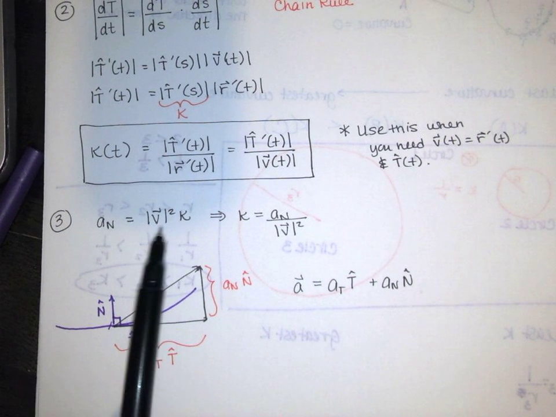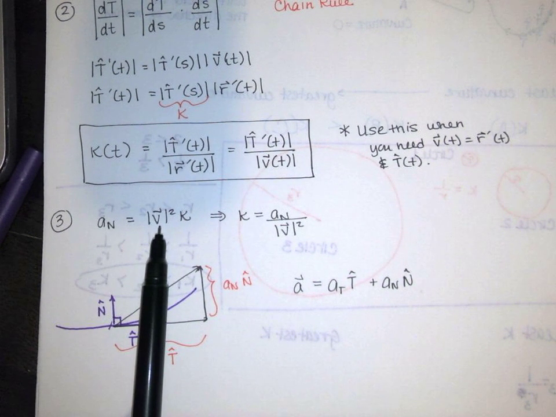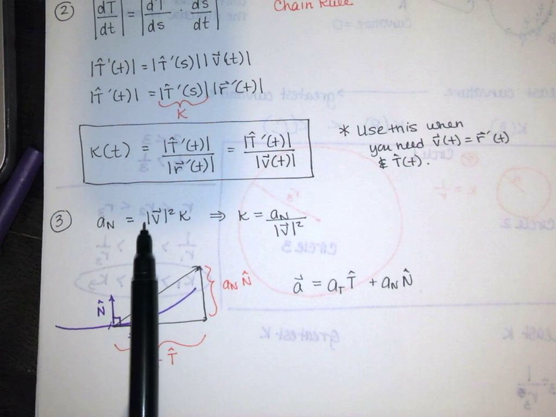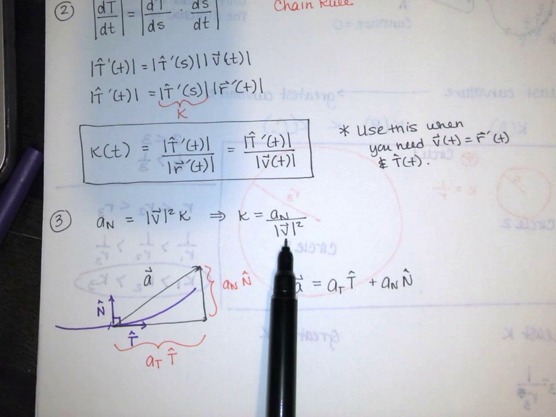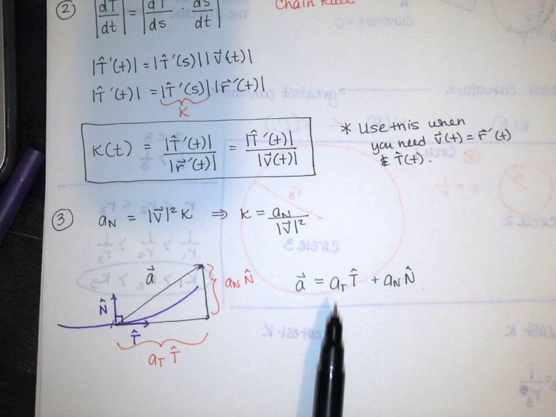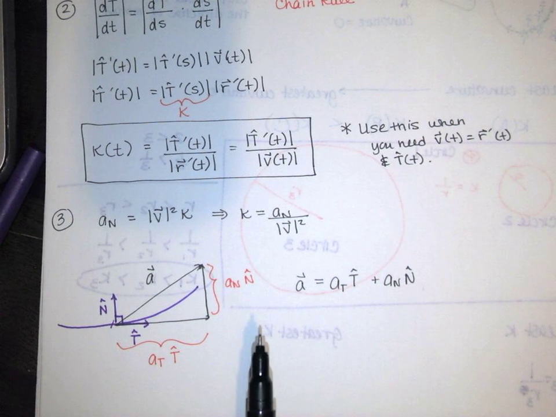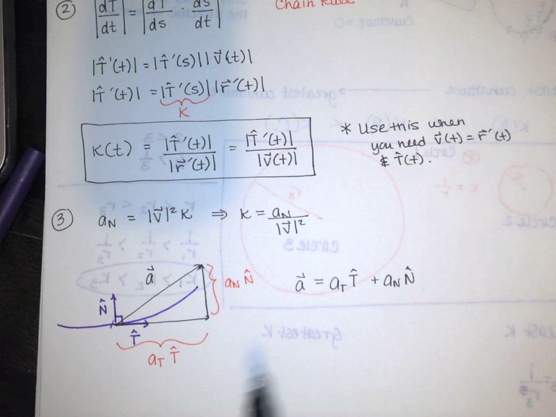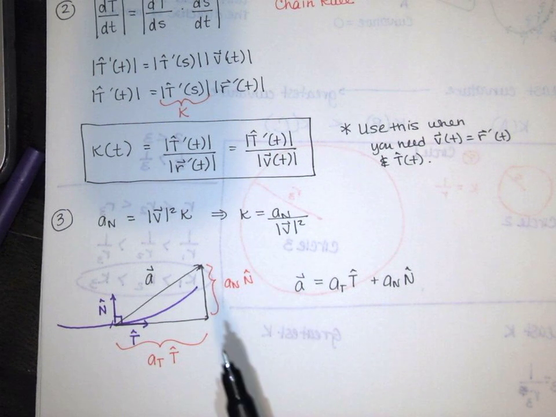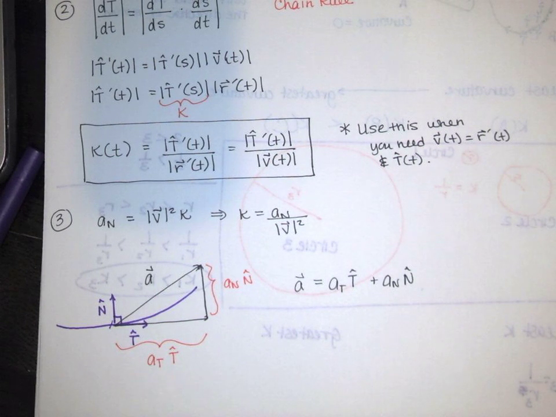Okay, so now I know that a sub n is equal to this from our derivations last time, and I know that curvature, I can solve that for curvature, is equal to a sub n divided by the speed squared. So I'd like to find a sub n now in terms of velocity, acceleration, and so on, so that I can write the curvature formula in terms of velocity and acceleration. So what we'll do is